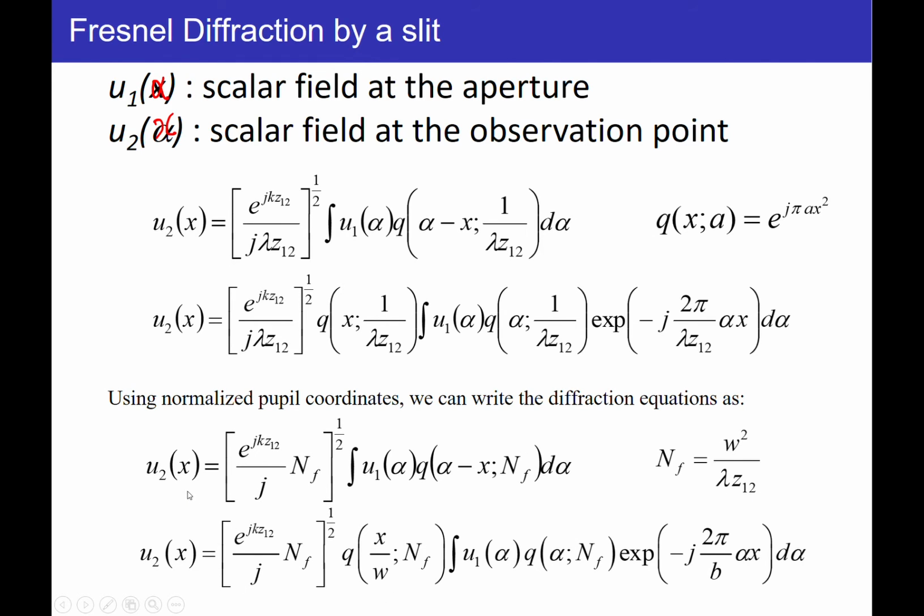Okay, and the U2 is given by, once again, in the same way, we can take x out of this integral, and then we have only a function of alpha. And the b is another parameter which is related with this one. Okay. So we have a very well-defined quadratic phase function over x, and then an integral given by this one. Okay,